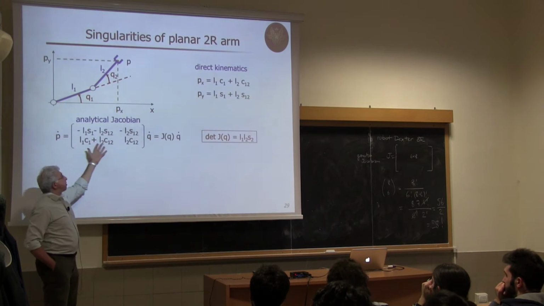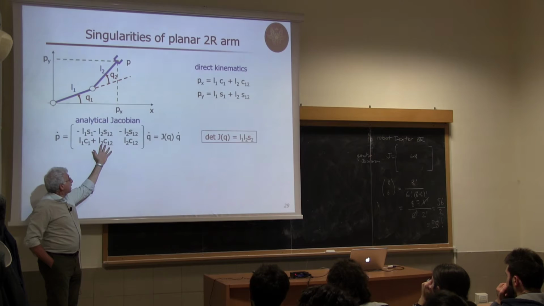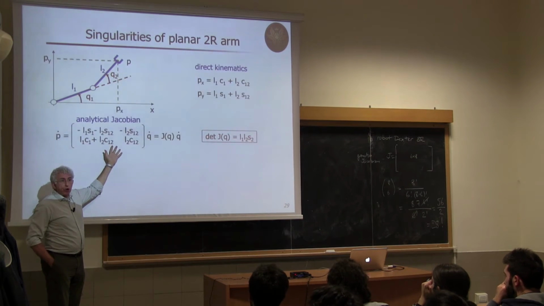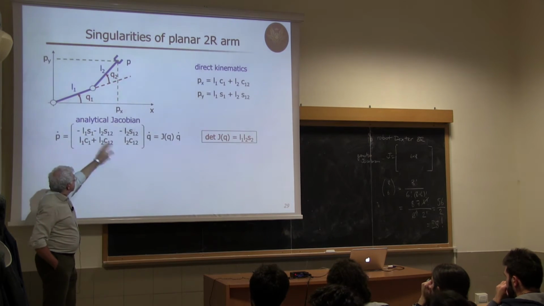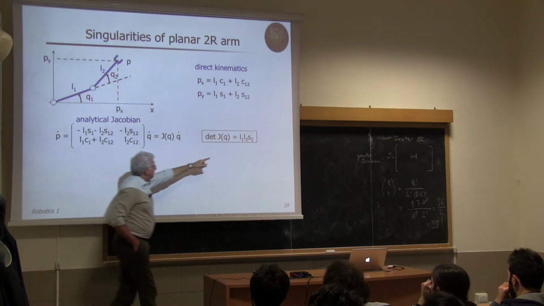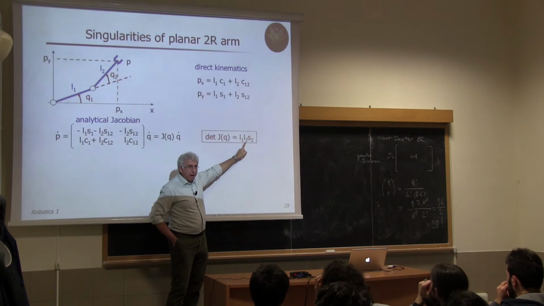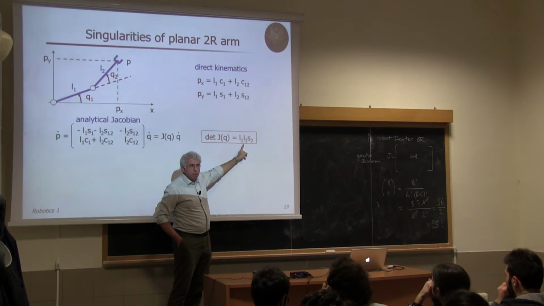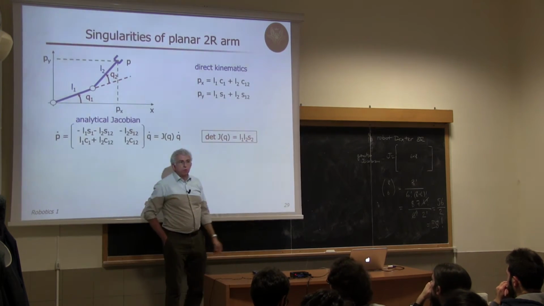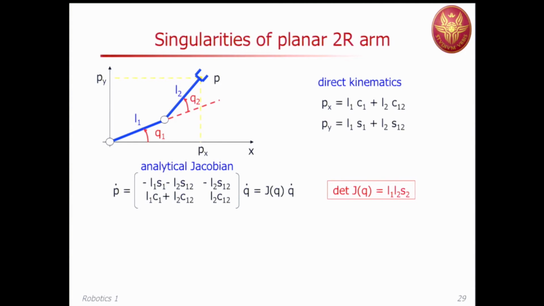So this is our Jacobian. It's a square Jacobian, we compute its determinant. Simplifying things, we find this expression: L1, L2, which are different from 0, times sine of Q2. So this is just a function of Q2,